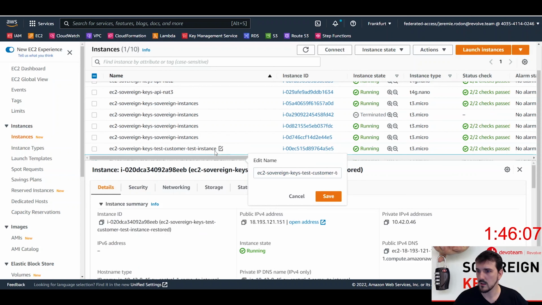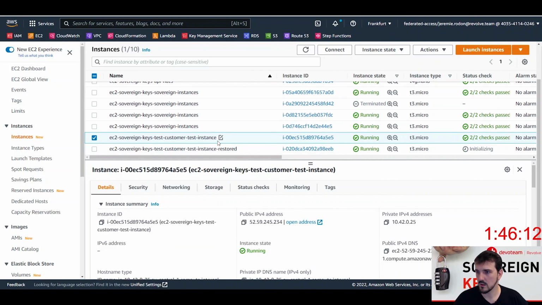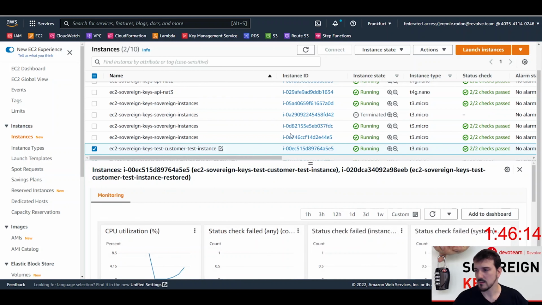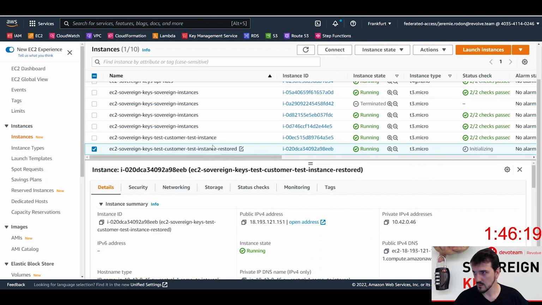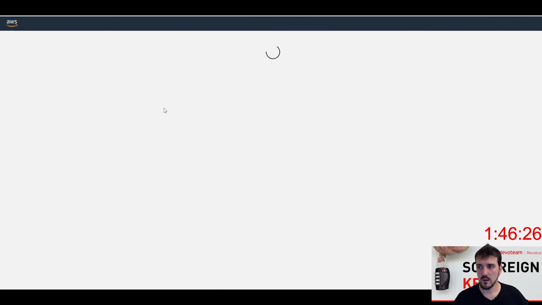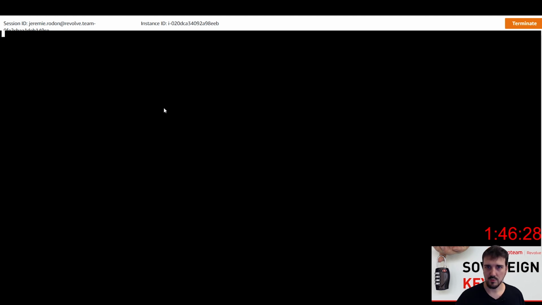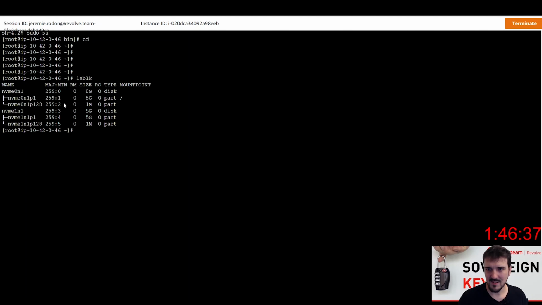We can see, so we can, the AWS console is a nightmare sometimes. We can see the restored instance. I will connect to it. I will go directly as root because I'm tired of typing sudo every time. And if I do an lsblk, I can see that I have my 5 gig volume, but it's not